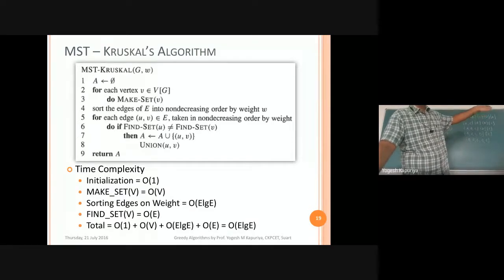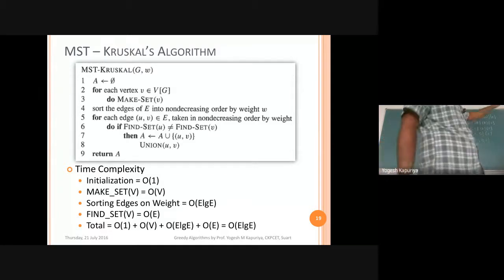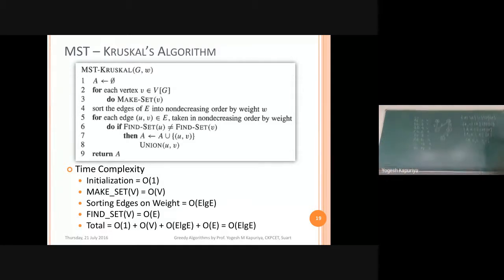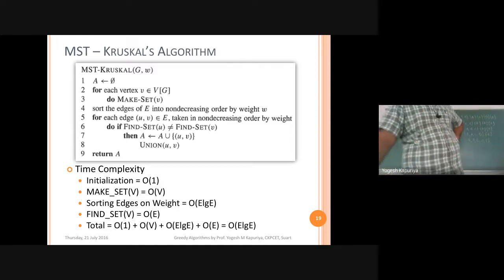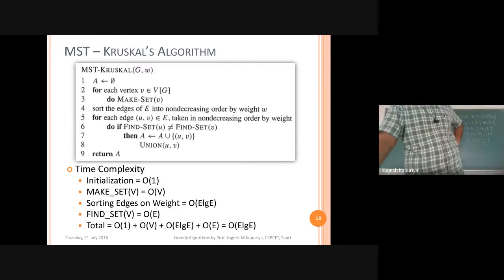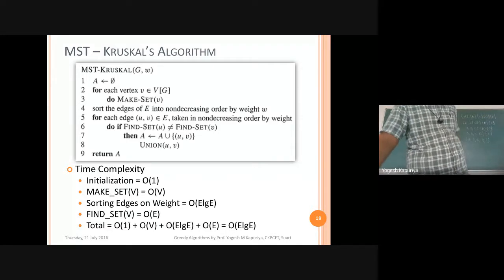Inside, we have one simple if case. Again, set operations always take constant time. So whether you perform find set, union, or make set, it always takes constant time. So basically that loop will require big O of E, because we are repeating it E times, and every operation inside is a constant operation.